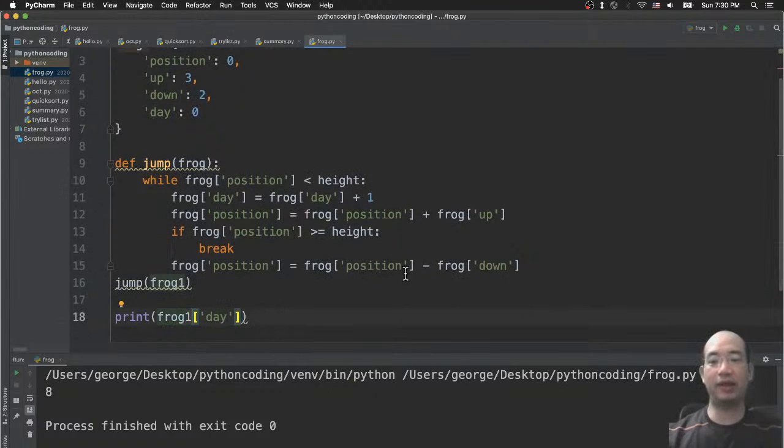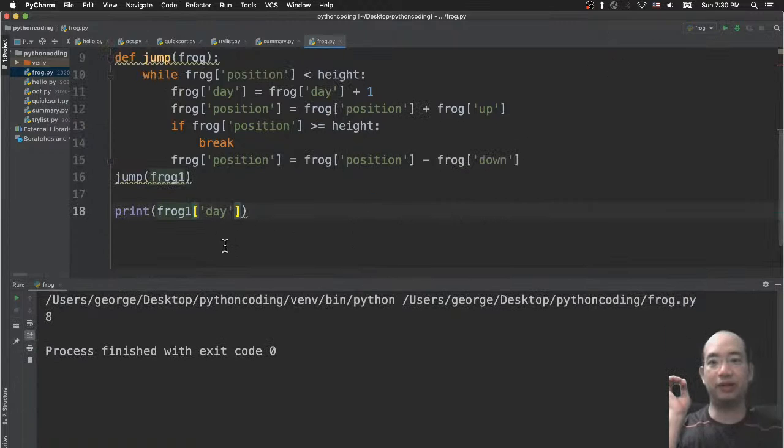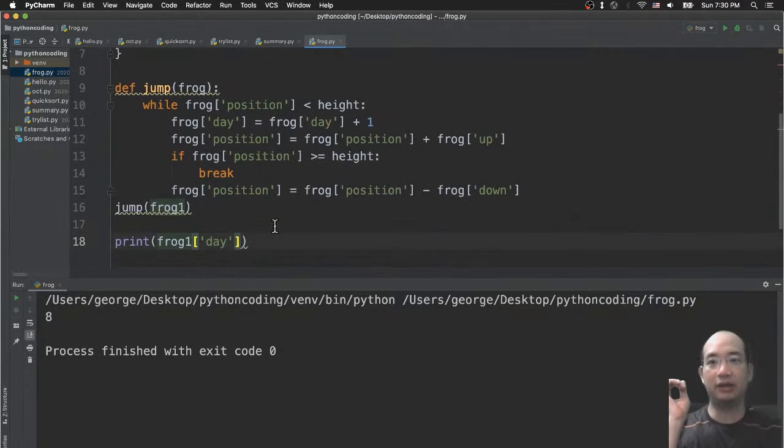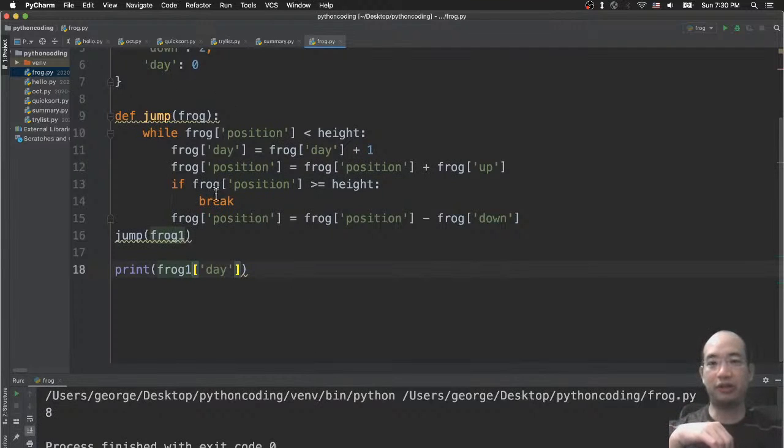Frog 1, so I would get exactly 8 days, and it should be 8 days. Again, it should be the same 8 days. All right, so you got what I mean. And now you just change it to a function,